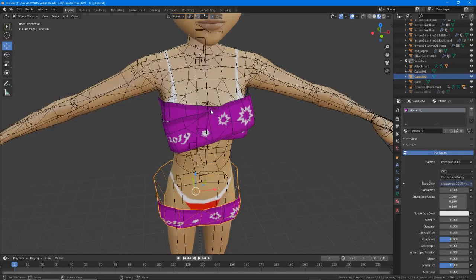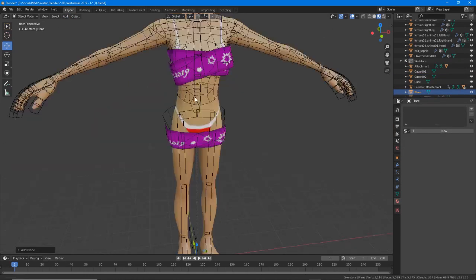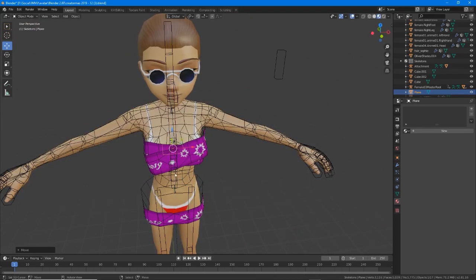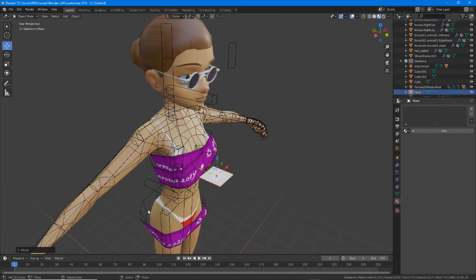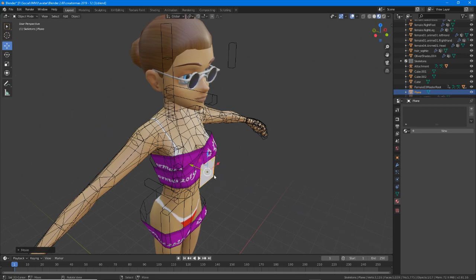Would be to start with a plane, which again is down at the feet and it's super tiny. So if you wanted to be more accurate,